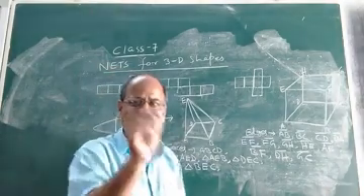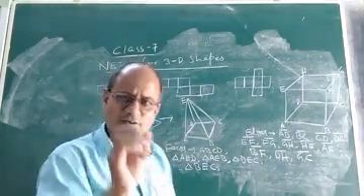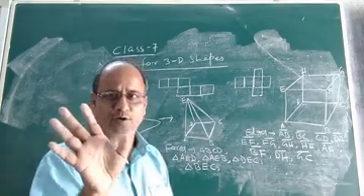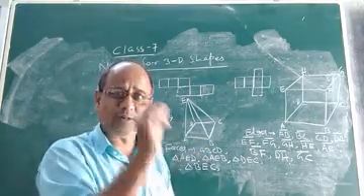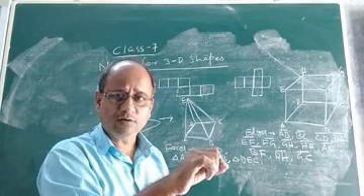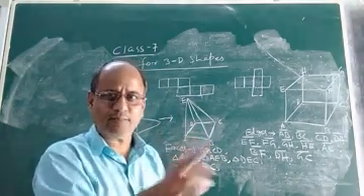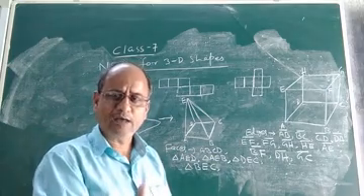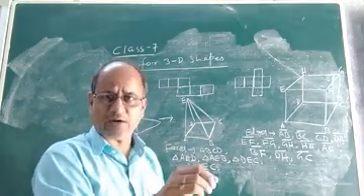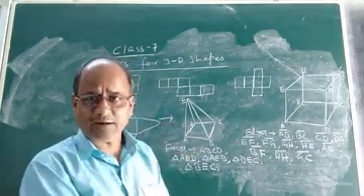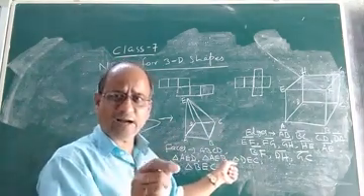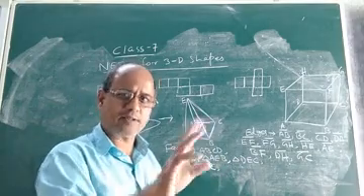Children, in the last class I discussed what is a pyramid. In a pyramid I said that the base can be any polygon. While discussing pyramid, tetrahedron or triangular pyramid, they carry the same meaning. Triangular pyramid and tetrahedron, what we discussed in the last class, are the same.